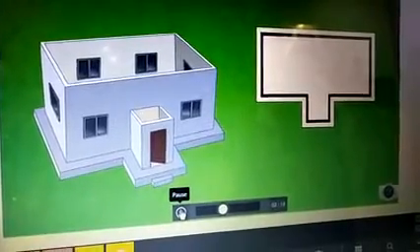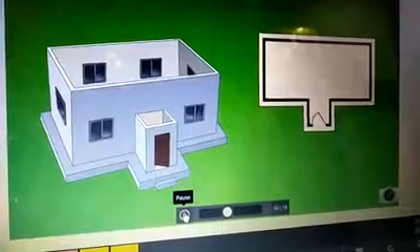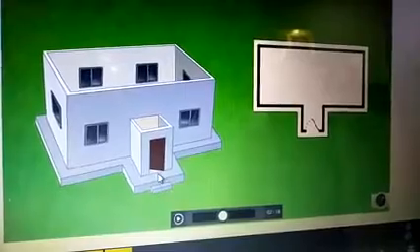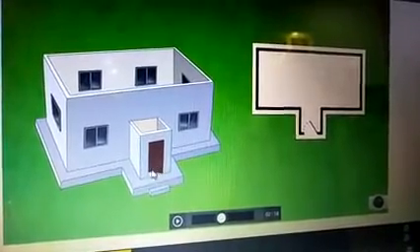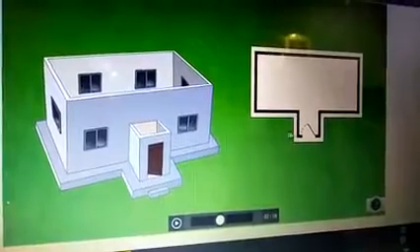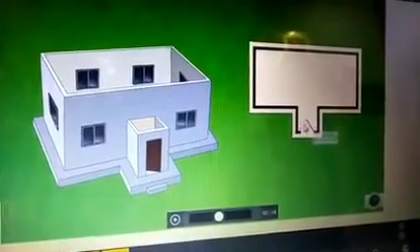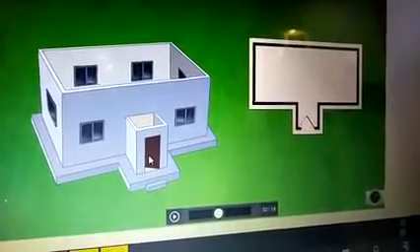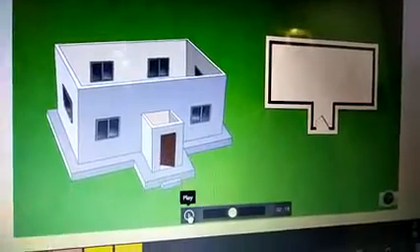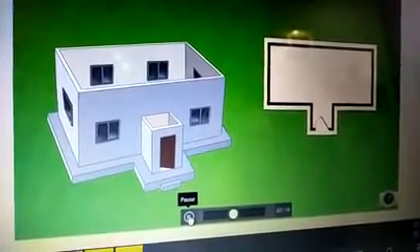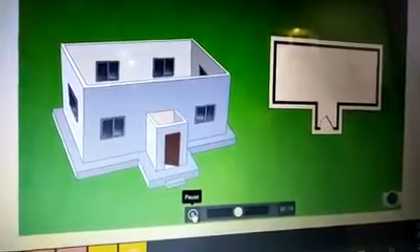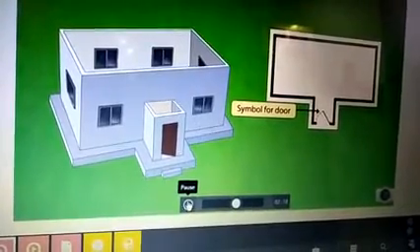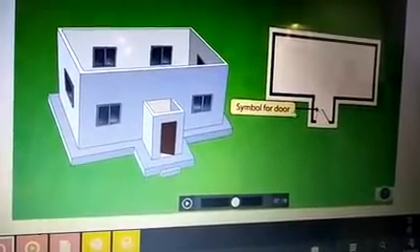Now, let's draw the door of the house. Here is the symbol we shall use to represent the door. So how do they represent the doors, children? This is the door. So this symbol means that it represents the door. Is it clear? The door is at the front of the house. So, we shall place the symbol for the door accordingly in the floor map. So this is the symbol of door.